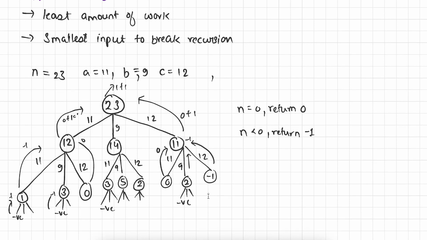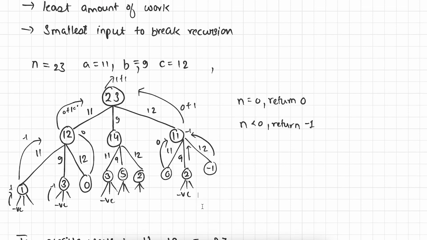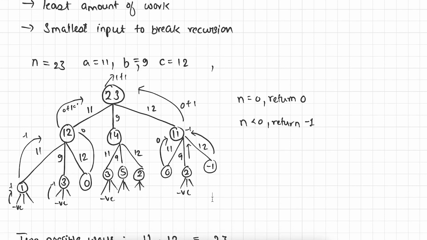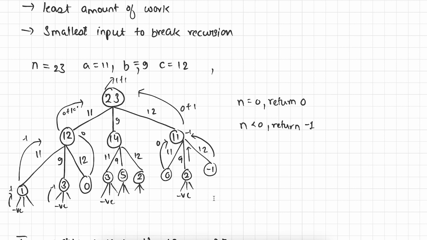And the second thing is -1. So here -1 indicates that we are left with rope of size something that is smaller than the size of cuts, right? So for example, here the size of rope is 2, and if we further make a cut of size 11, 9 and 12, all these values are greater than 2. So -1 indicates that we cannot make more cuts because the size of rope is smaller than the size of cuts we are required to make. Okay, so we can say that these are the two conditions where we have to stop.